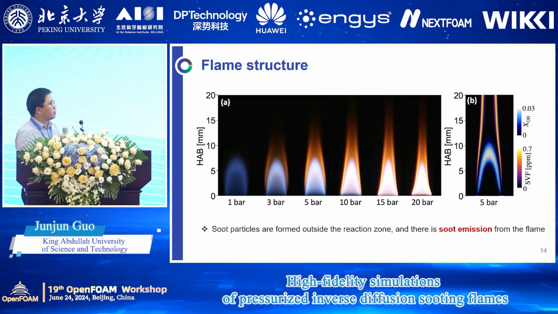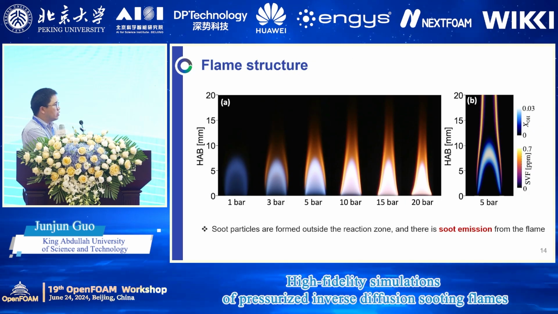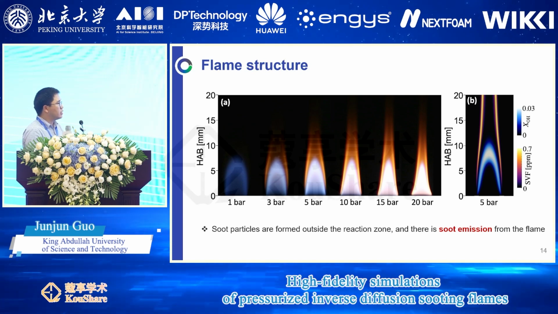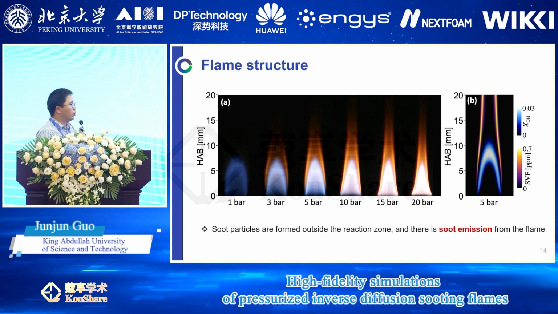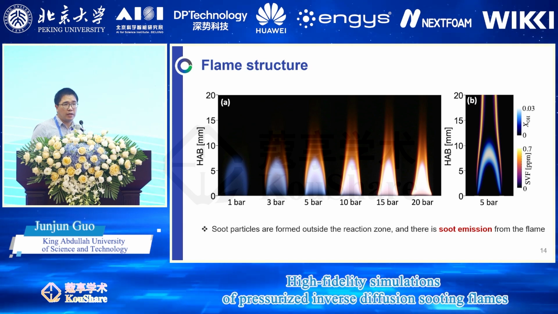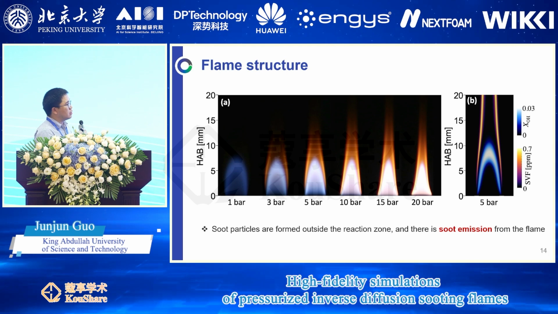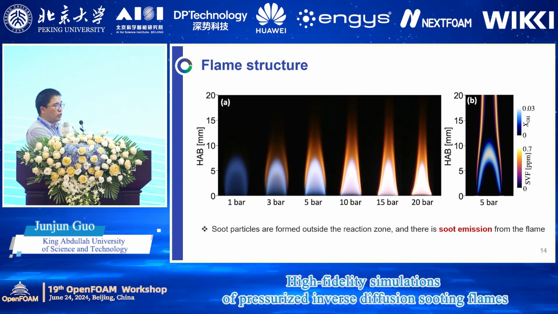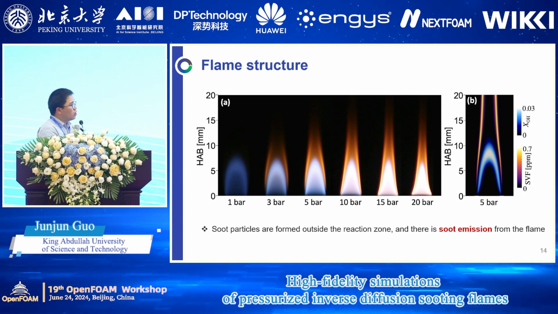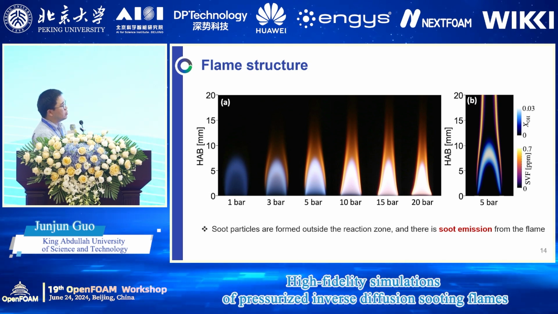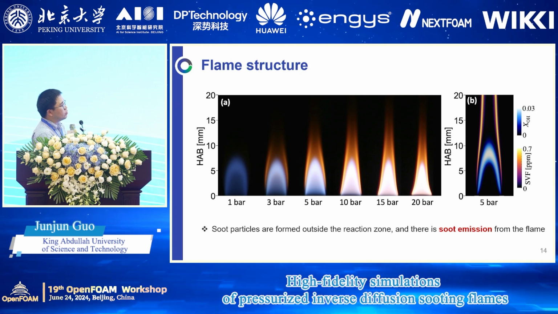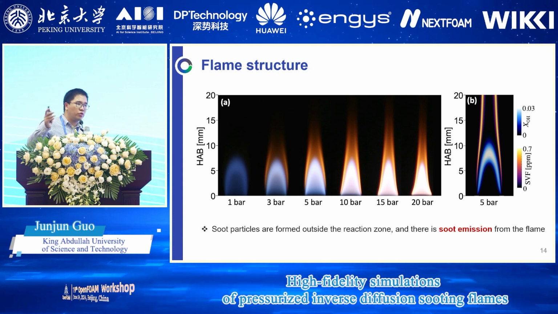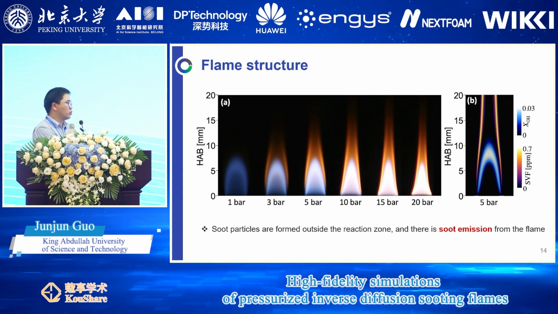And firstly, let's look at the flame structure. This figure is the flame image captured in the experiments. You can clearly see that there are 2 regions. The first is the blue region, which represents the main reaction region. And the second one is this orange or yellow region. This is coming from the soot radiation at high temperature. So you see that there is a lot of soot emission. In this region, you don't see the yellow or orange. This is just the temperature decrease causing the radiation decrease, not the soot oxidation.